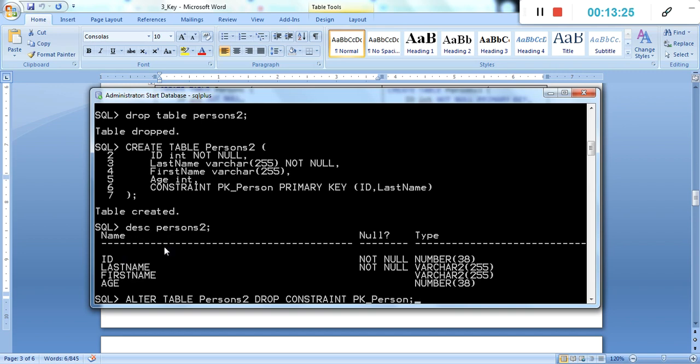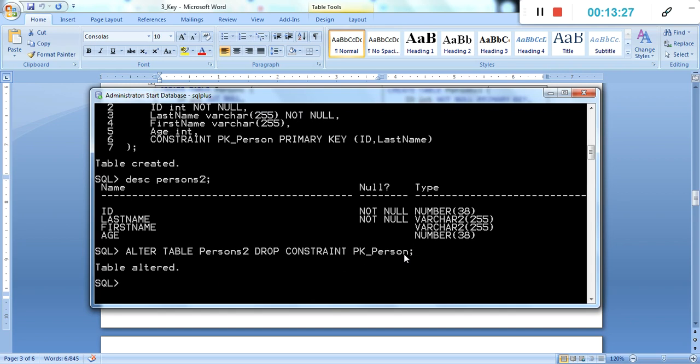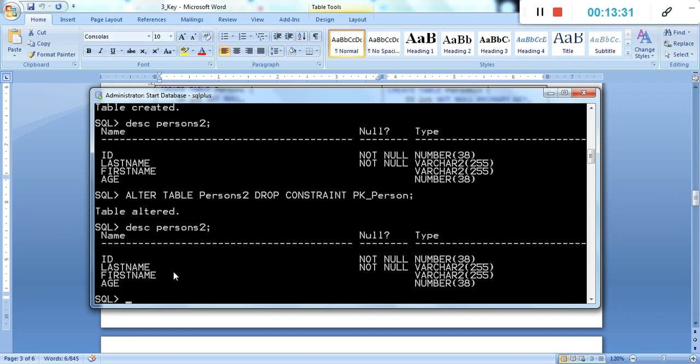Now we'll copy the dropping process, enter. Now the table is altered. Now we will describe the person. Again, table altered for the drop constraint pk person. It means the combination of keys is dropped and the table is altered.